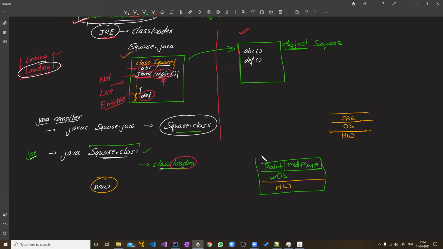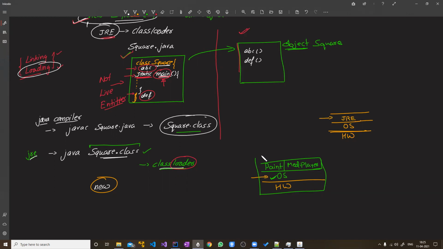It provides you all the things which are necessary for executing a program. That's why it is called Java Runtime Environment. So during runtime of a program, whatever requirements are there are provided by this JRE instead of the OS. So here it was provided by the OS. Here it is provided by the JRE.